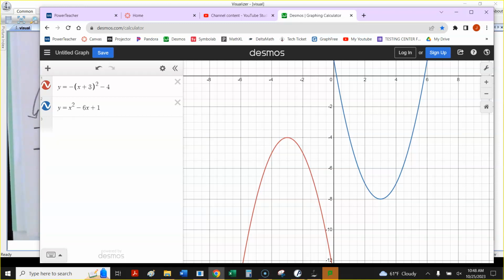If you want to use Desmos or your graphing calculator to check any of the questions you're working on today, you feel free to do that if you want to. And calculators are over here if you need one. If you're borrowing one, borrow one of the gray and yellow ones because the ones that